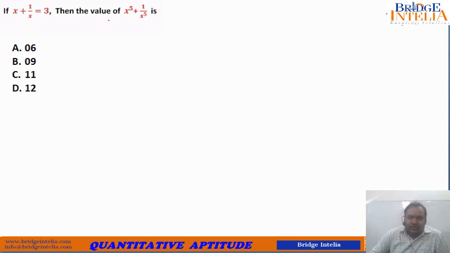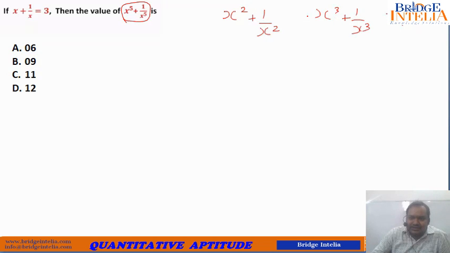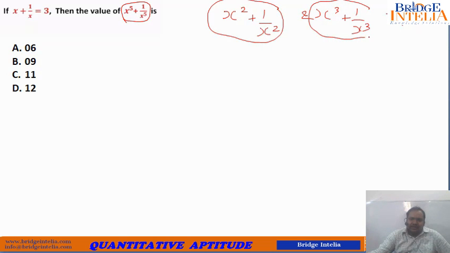How to solve this? You see how to solve this. To solve this, you find this and then you find this and then you multiply these two, you will get the answer. That is the crux. Because to reach x to the power 5, if you multiply x square with x to the power 3, that will make it x to the power 5, and same here. So there is a big hint that you need to find this out first and then you need to find this out and then you multiply them.